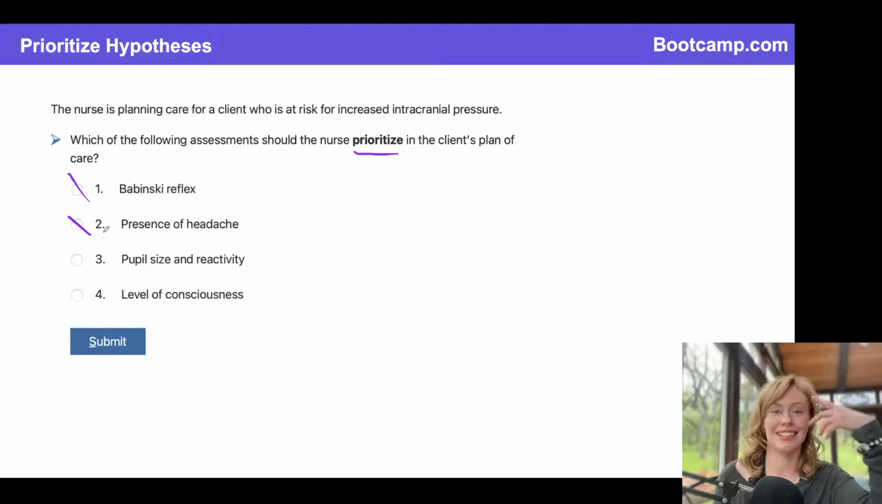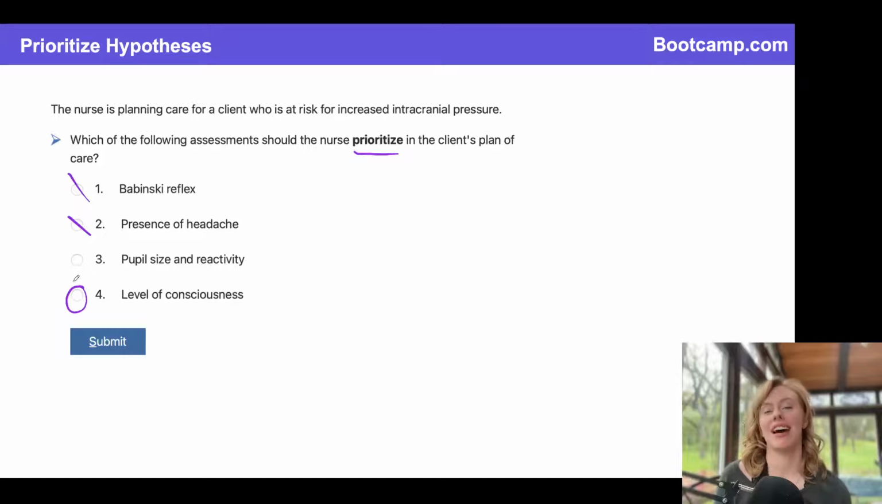You're always going to see in the late stages of increased ICP those fixed, dilated pupils. But that key is the late findings. So at the time that we recognize they've got fixed and dilated pupils, it's probably too late for us to do anything about it or to get the surgeon to take them back to the OR for a drain, right? So this is not as useful as our number 4, and I hope you guys got this one, level of